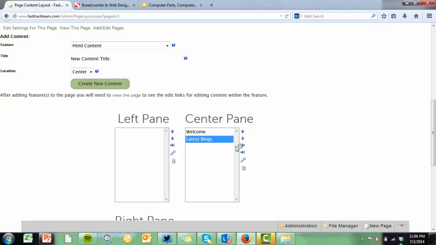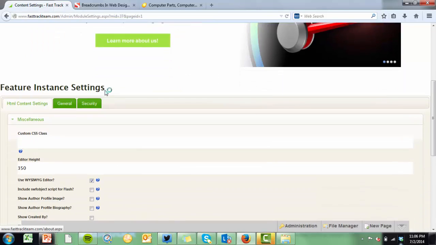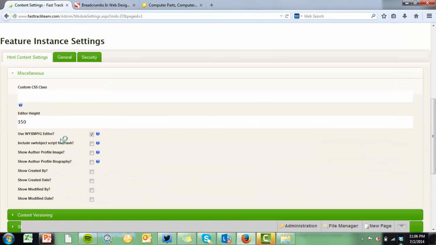And I'm not going to do this with this page right now because I don't want to do anything on our main website here. But you can also select things like editing that specific feature setting. So if you click on the little wrench here, you can do that. I'll show you the specific content settings page for that feature. So if you scroll down, it'll show you